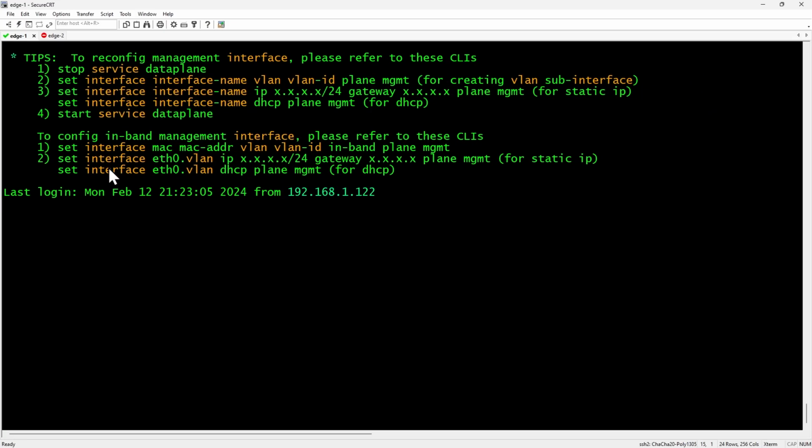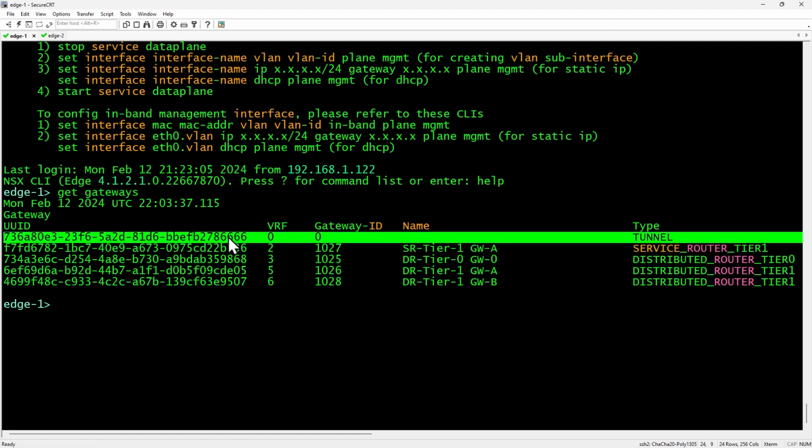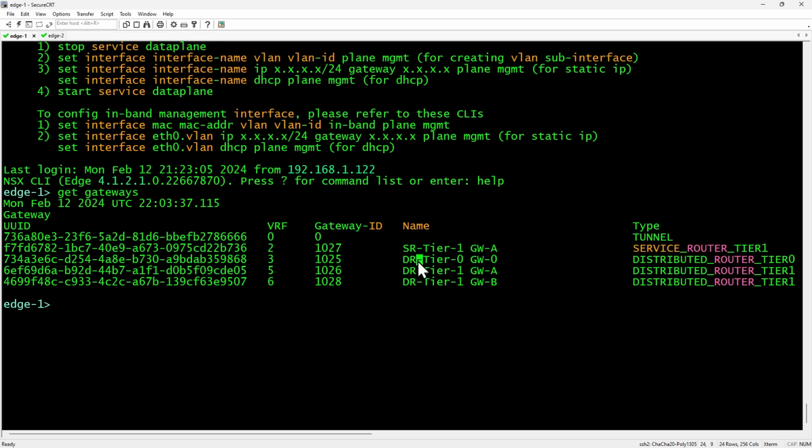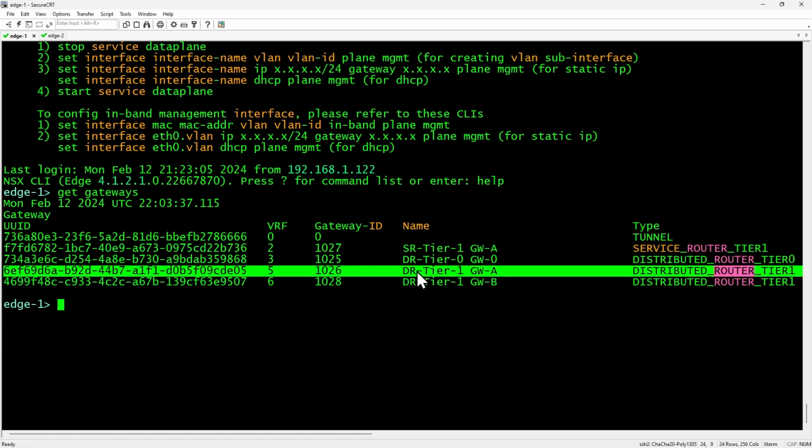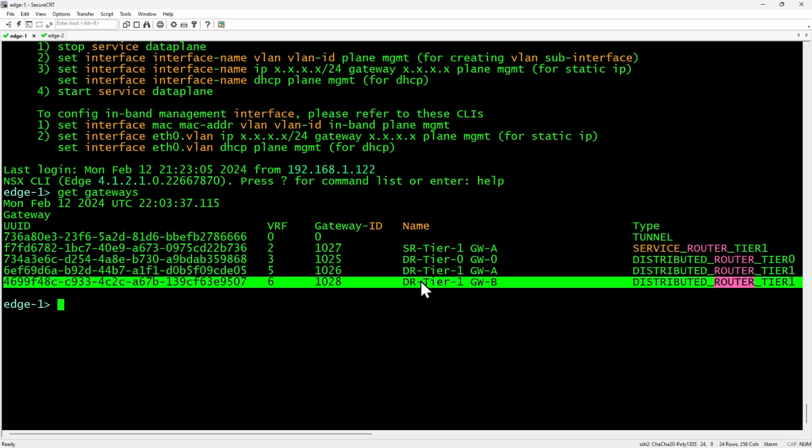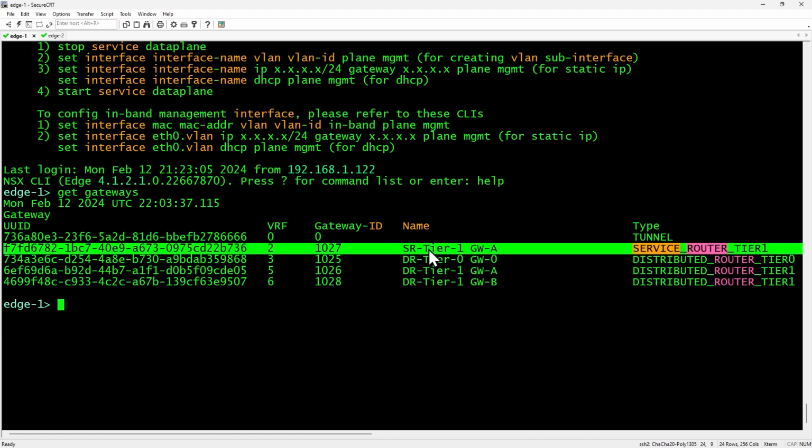For example, if we go back to the command line interface here on Edge 1, which is the active node for Gateway A, and we do a get gateways and press enter. Here on Edge 1, the VRF0 is the routing table for the tunnel interface and the default gateway it's using on the transport network. And then the other virtual routing and forwarding instances, think of them like separate routing tables, are for the 3 distributed routers. So here we have the Gateway 0 distributed router, and we have the Gateway A distributed router, and the Gateway B distributed router. And we also have a services router, which Edge 1 is active for, which includes the